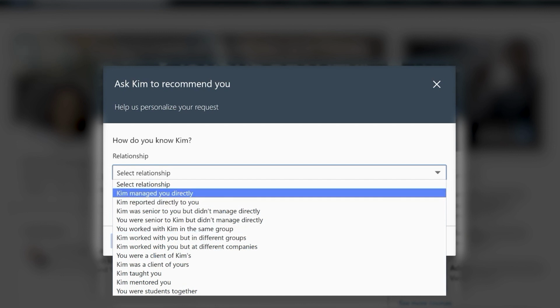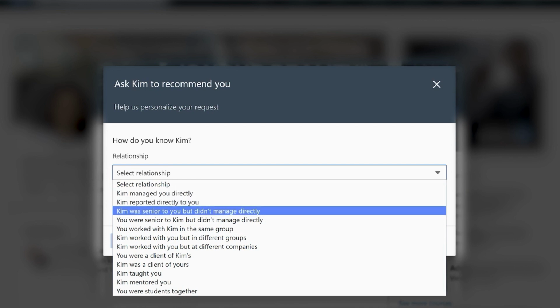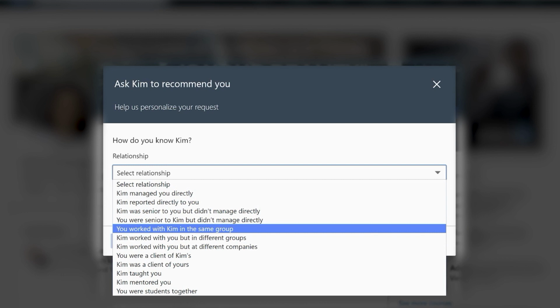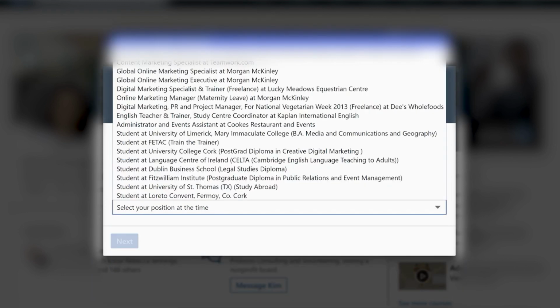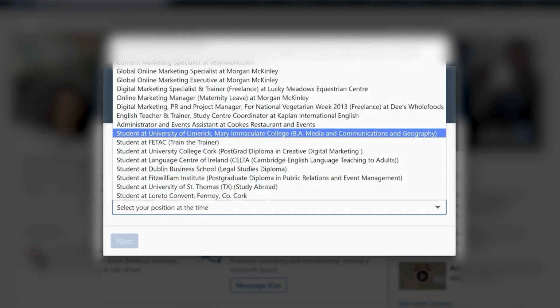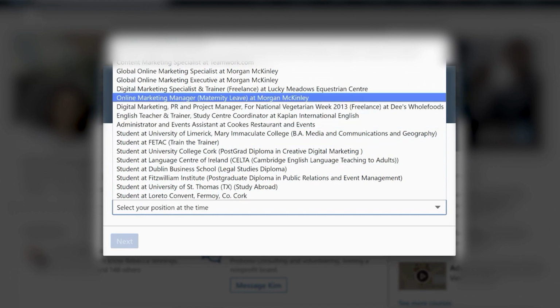For example, it could be this person managed you directly, they reported directly to you, they were senior. There's a whole load of different options here, but I'll just say I worked with this person in the same group. Then next you select the position at the time. This pulls from your entire LinkedIn profile, so it'll pull your education and all of your previous jobs.